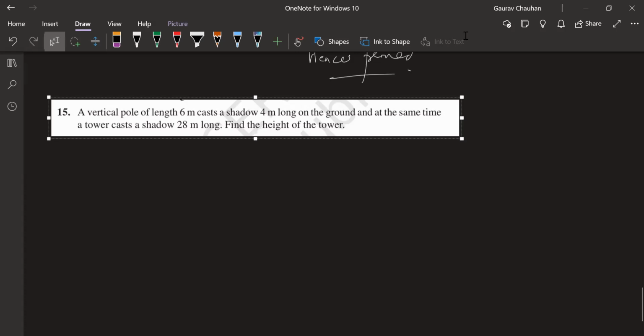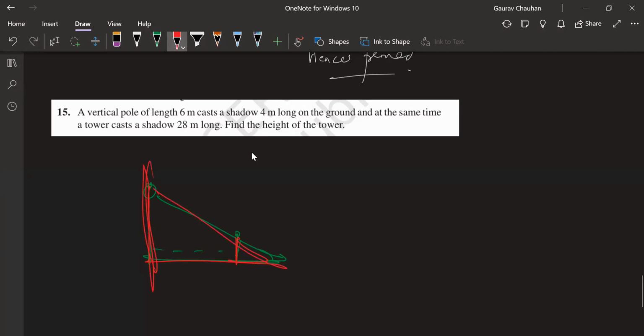There is a simple understanding which you need to know. You remember that example question where there was a lamp post and a girl was walking, she reached here, and then this was the thing. In that case, we knew that this triangle was similar to this triangle, because this line was parallel to this line. So these two triangles are similar, and then we did that question. But this question is also very similar.